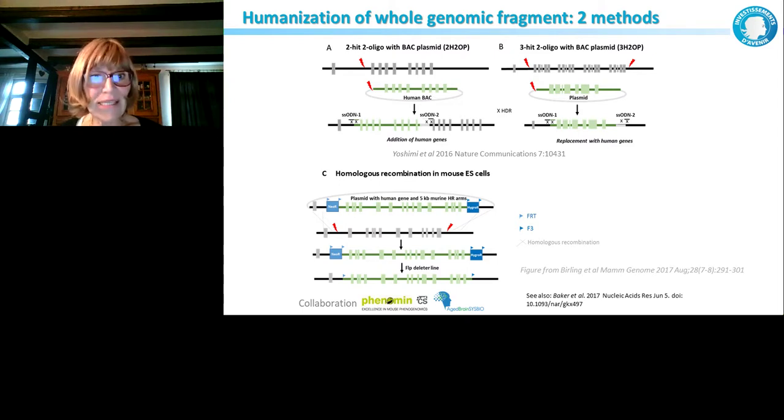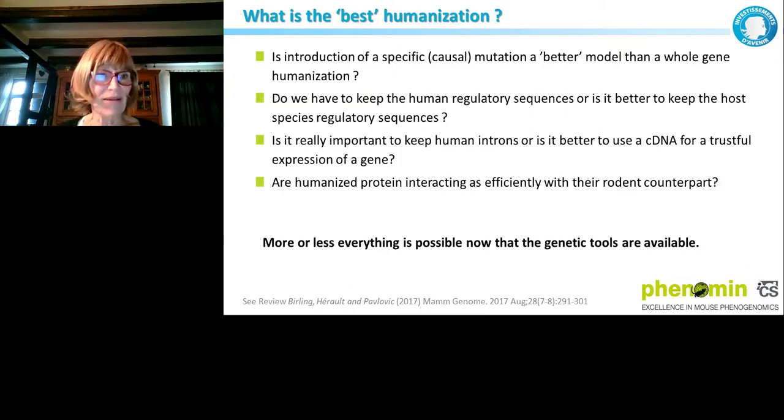And then homologous recombination in ES cells allows us to obtain the same kind of thing in more or less the same timing, perhaps a little longer, but at least we can validate everything very well in ES cells, whereas you cannot do that if you obtain animals directly, and you have to breed animals.